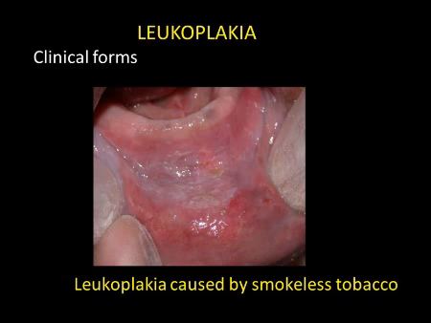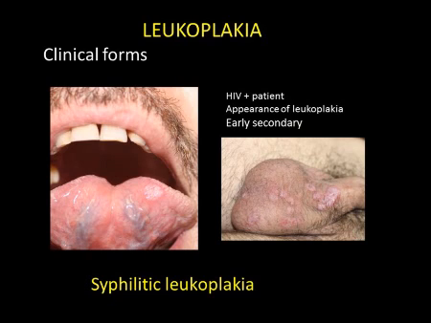Observations of this type of lesion in France are often in the migrant population. There are more specific forms of leukoplakia which do not match the original terminological definition. For example, syphilitic leukoplakia, which is observed in secondary syphilis. Here, the patient presents with leukoplakia type plaques of the oral mucosa and very often with identical lesions on the skin. These lesions are currently frequently observed in HIV-positive patients.